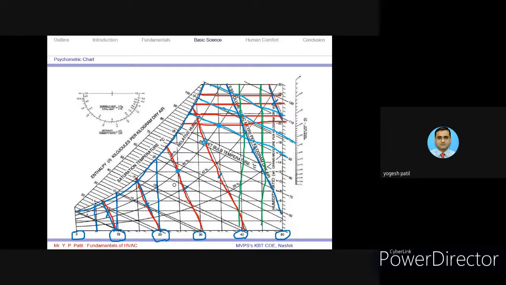You can see here it is 5 degrees Celsius, 10 degrees Celsius. Here this is 5. Now this is 15 for this line, but this line is between 20 and 25. So we have to assume some value. Some lines are also marked over there, so from that line also we can find the intermediate value.